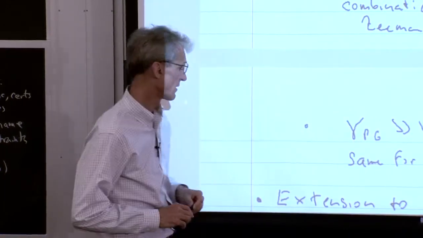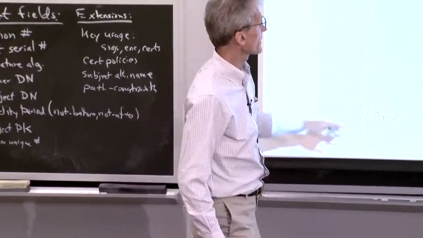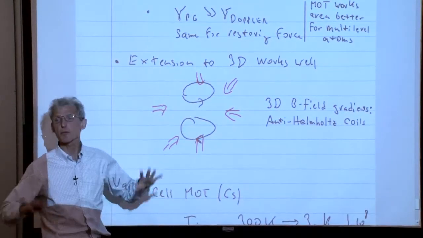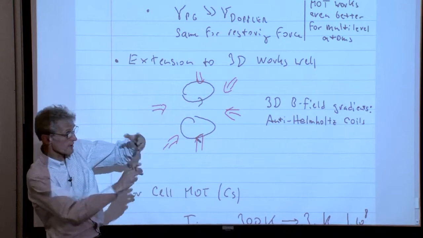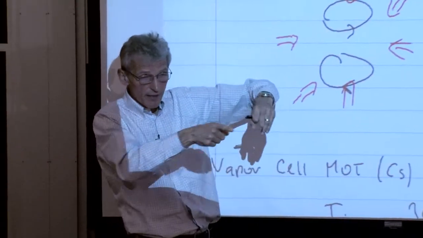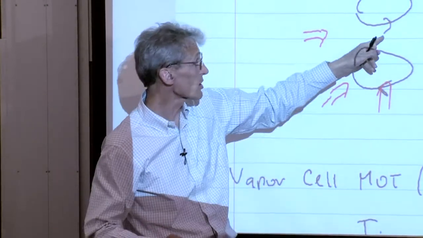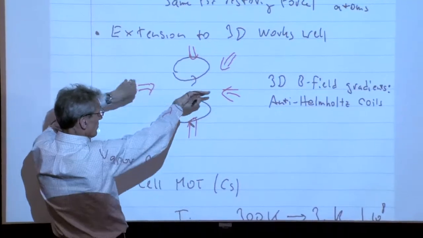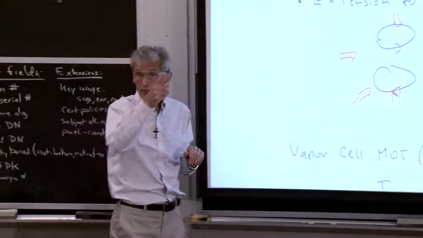But anyway, the fact that the MOT works even better than advertised is another miracle, and this is related to the hyperfine structure. And finally, the fact that you can simply extend it to 3 dimensions is, I said the first, the second, maybe the third miracle, it also works. Because when you look at the field of 2 coils, the so-called anti-Helmholtz field, there are some directions where the direction of the magnetic field is not radially outward.